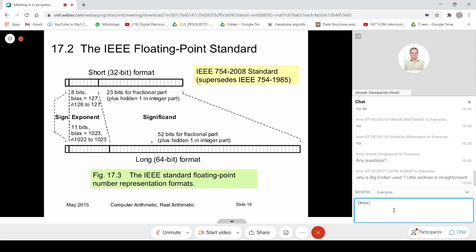Nitin Kumar has asked a question: why is big endian used while little endian is straightforward? You may have that opinion, but somebody else like me might have an opinion which says that big endian is more natural than little endian.